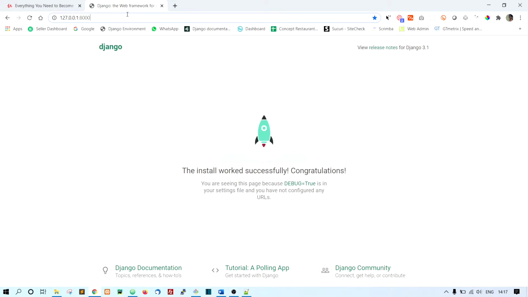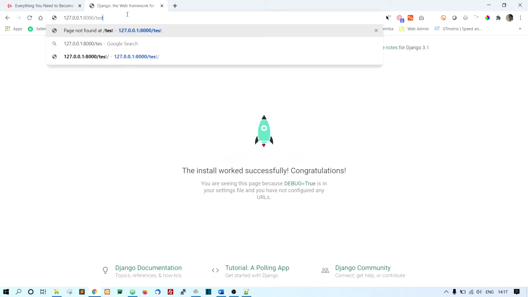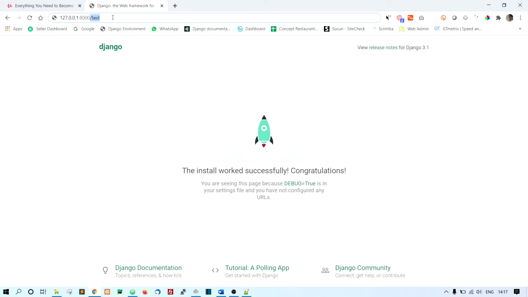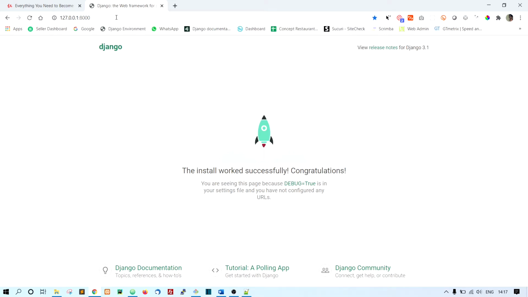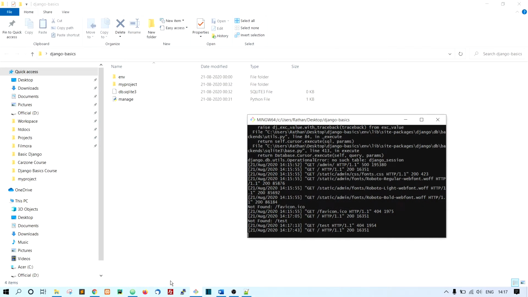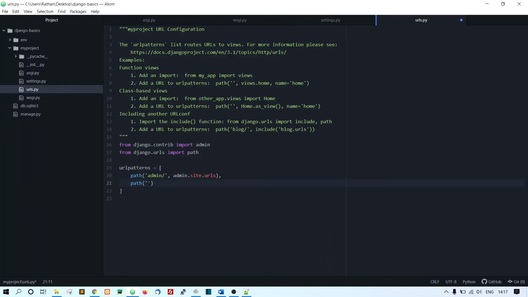If you put "test" there, that will be the URL, and it should go to a page about test. So if there is nothing after this domain, after localhost and port 8000, we call it the home page. That's why we put an empty string.